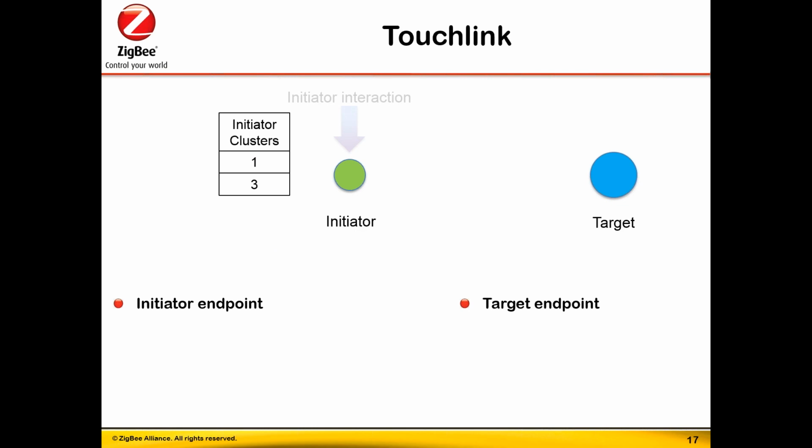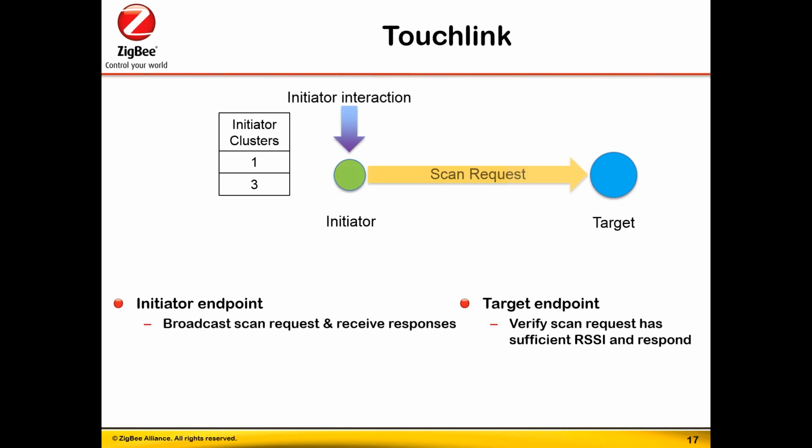And touchlink is not just about connecting a device to a network, it's also about establishing the application link. So it's like the steering part and the finding and binding part. So in the first step here, next step, you do some interaction on the initiator, and it sends out a